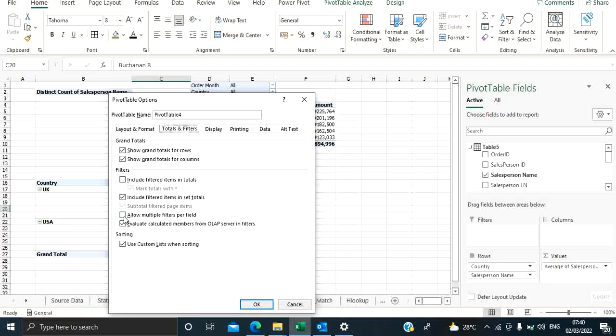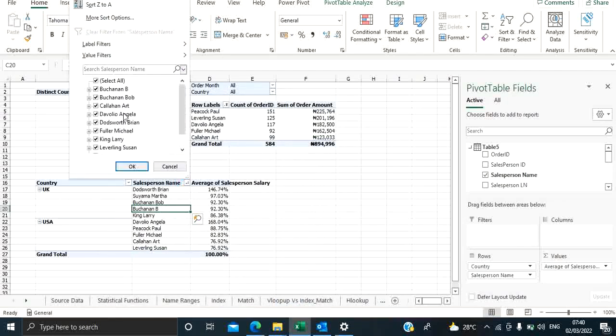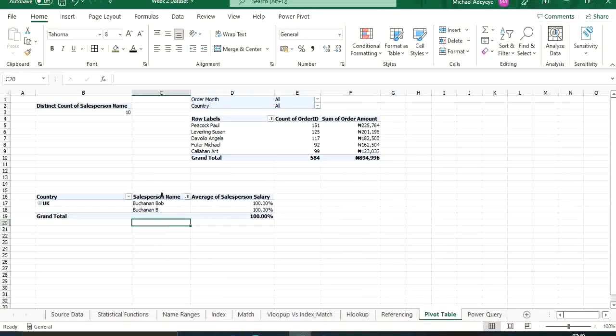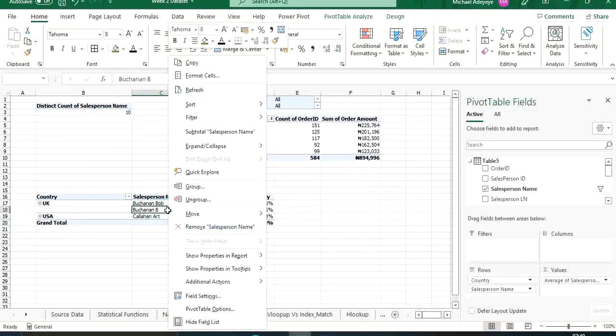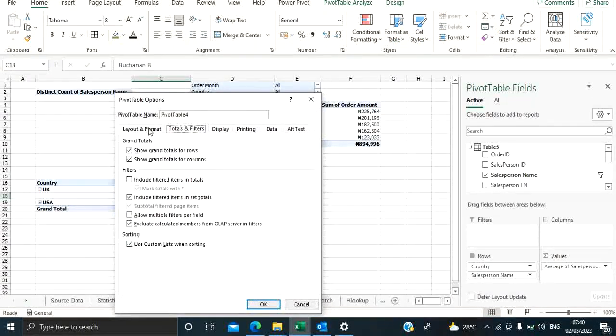So this also is like allow multiple filters per field, right? So for example, now if I want to filter here, I can tell Excel to allow me to do multiple filters, right? So I can come to my pivot table options and say okay, allow